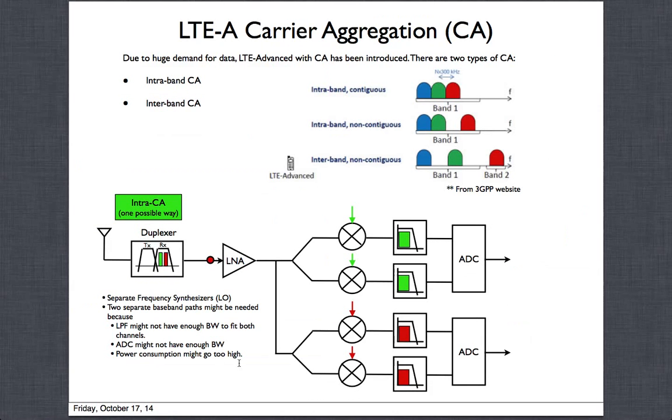So after the diversity, let's look at carrier aggregation. This is the newest thing, the latest thing that all the companies are trying to address and support. So when LTE came up, LTE had modes up to 20 megahertz, and they could support very high data rates, but they also found that that is not going to be enough. We need to do more than that. So they went from LTE to LTE-Advanced, which is LTE-A. A stands for advanced, and that includes carrier aggregation.